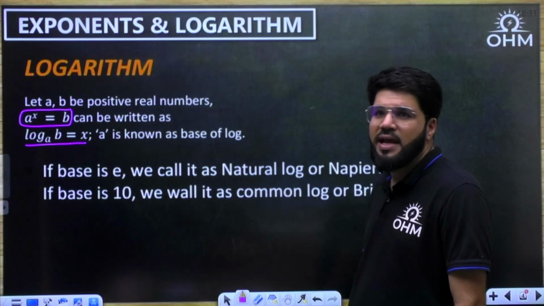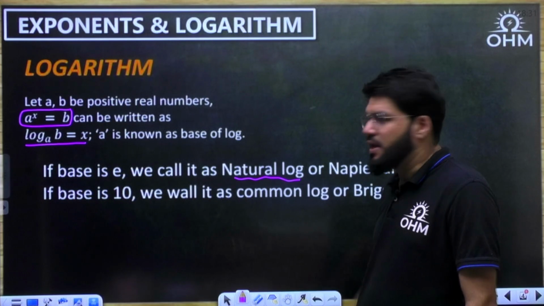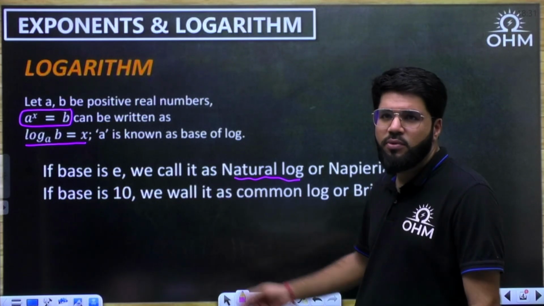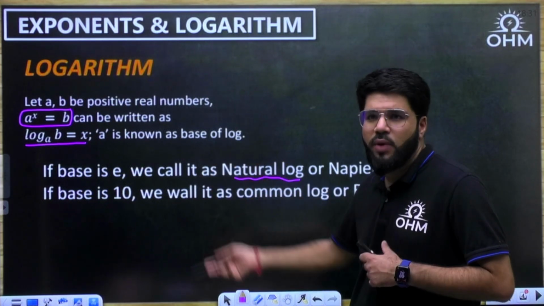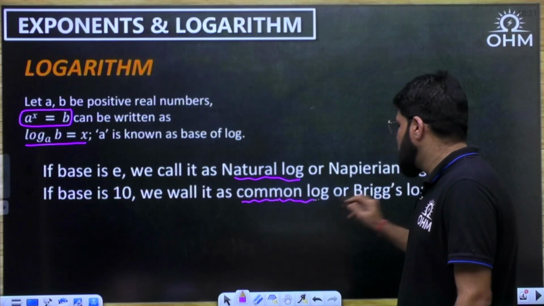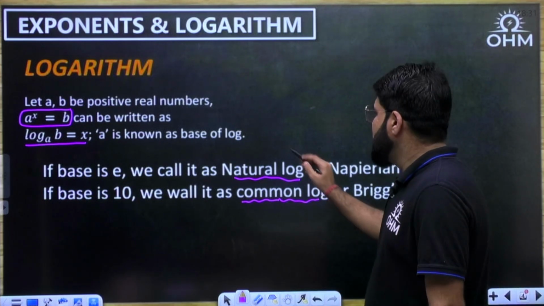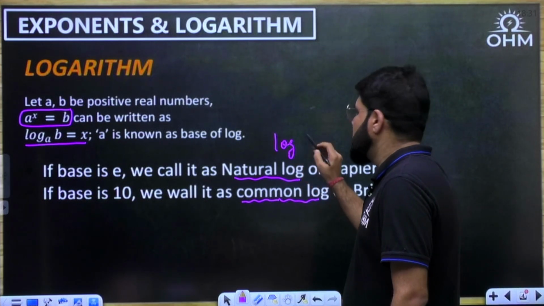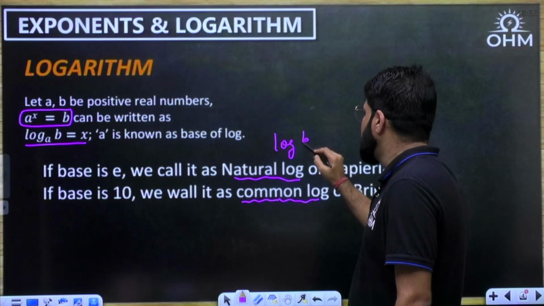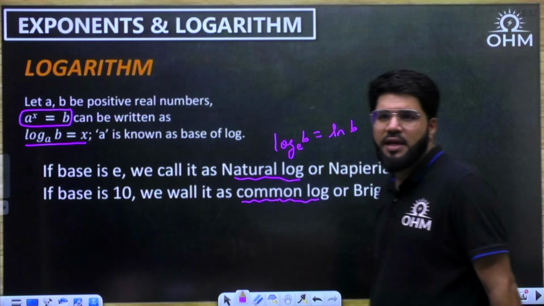Now there are some important cases. When you take the base e, we call that log the natural log, or the Napierian log. And when the base is 10, like you commonly use in the Bode plot calculations, and there we learn also why base 10 calculations are important, that is known as common log or Briggs log. Natural log is log of number b to the base e, and we also commonly write it as ln(b).